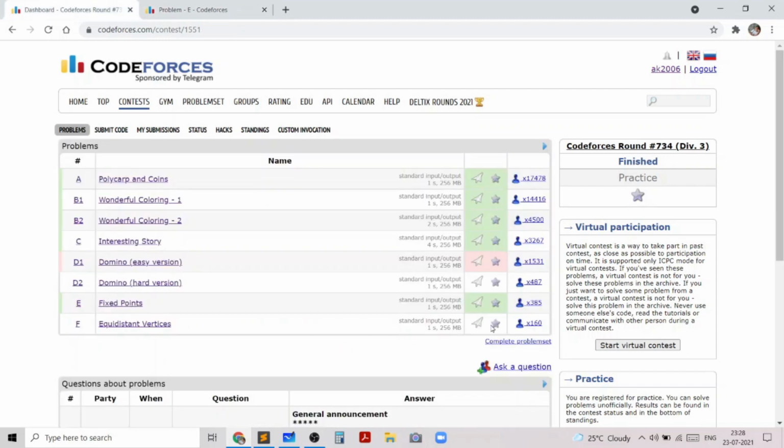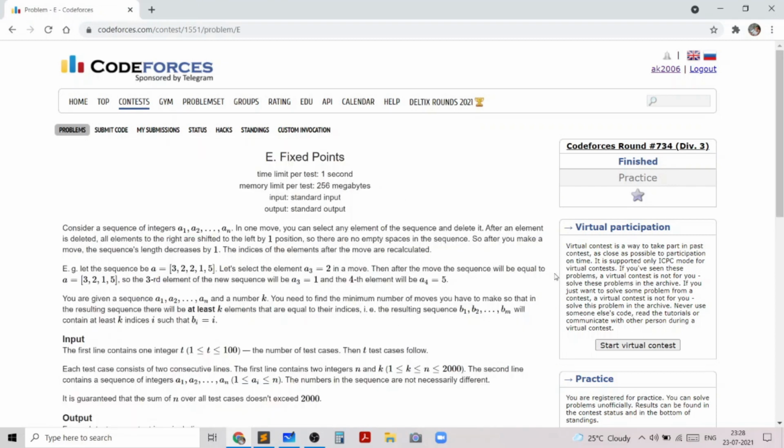Firstly, don't get intimidated by the low number of solves for this problem. Although this problem was a very easy two-dimensional dynamic programming problem, very few people solved it, and this is very misleading. Even I was misled by the low number of solves, and I spent the last 45 minutes on problems D1 and D2 instead of problem E. But this problem is actually much easier than D1 or D2. And in this video, I'll simplify the solution to this problem.